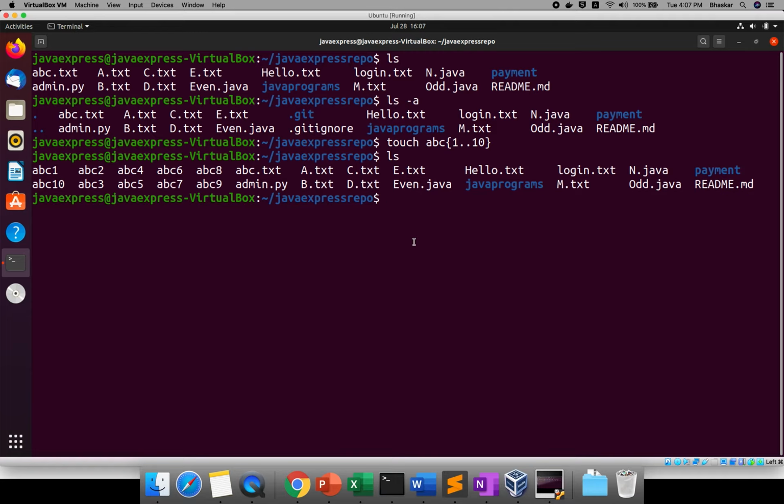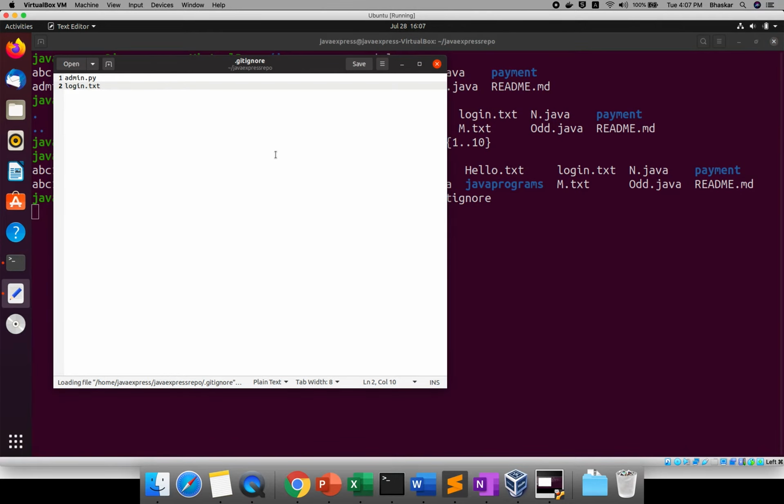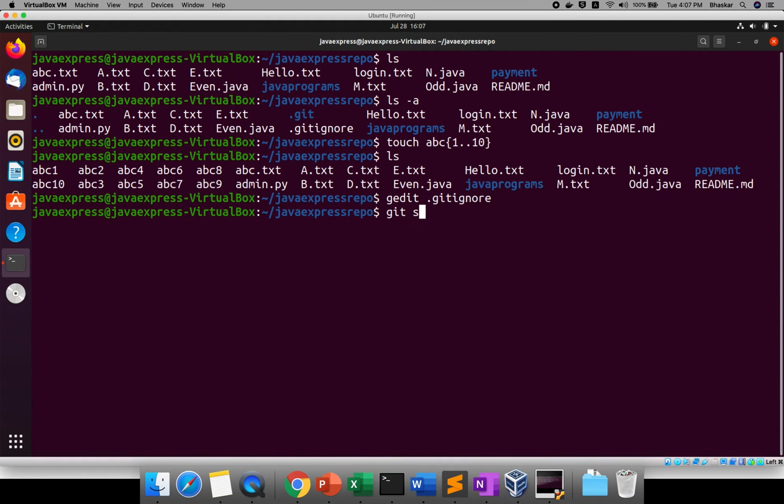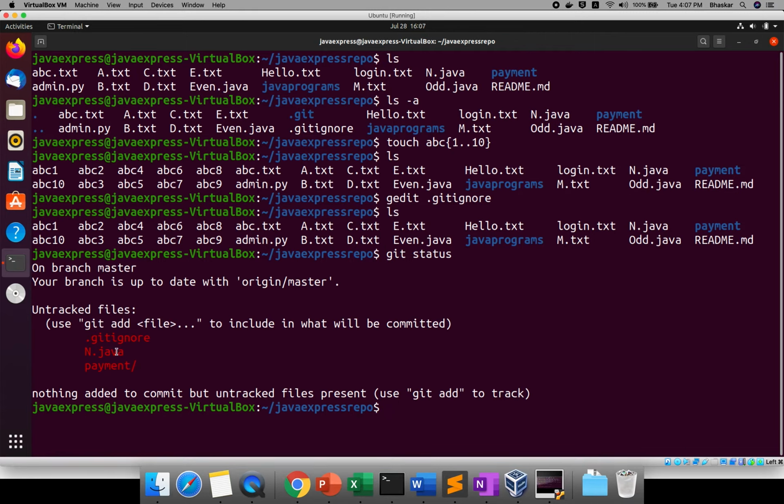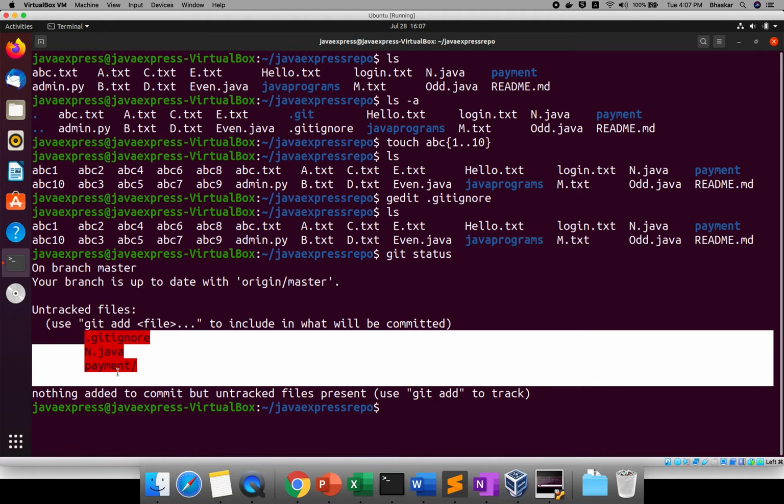How do you write it? It's very simple. gedit .gitignore. I will use a wildcard operator: abc star. The wildcard star means everything starting with abc will be ignored. Now if you use the git status command, are you able to see them? No, no ABC-related files are there.